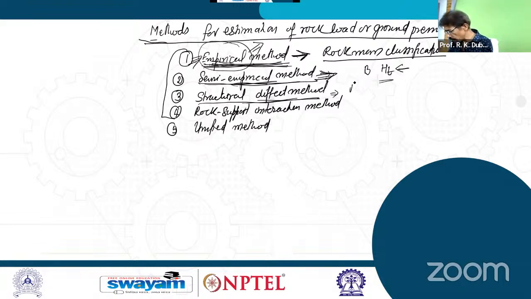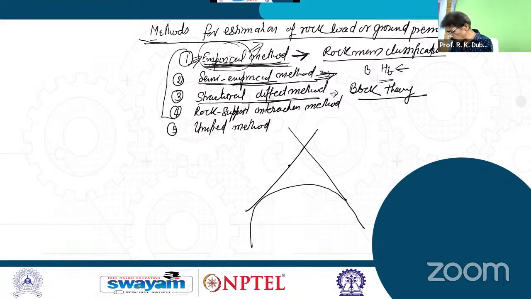Structural defect method is a very peculiar method responsible for giving the concept of block. Therefore, it is also known as block theory. Here, very simple: any structure forms a block when two discontinuities intersect along the surface of the created opening, then this block is detached. For this, the portion should be rigid in nature. These interfaces are weak in terms of tensile strength.